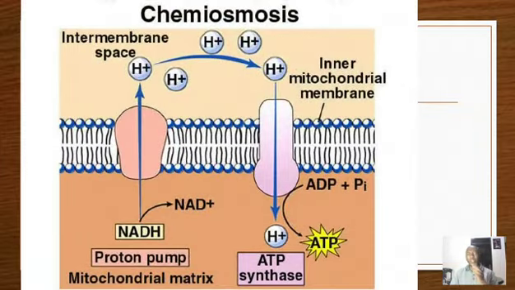In summary, what do we mean when we talk of chemiosmosis? Hydrogen atoms in the matrix of the mitochondria split into hydrogen ions and electrons. The hydrogen atoms are from NAD